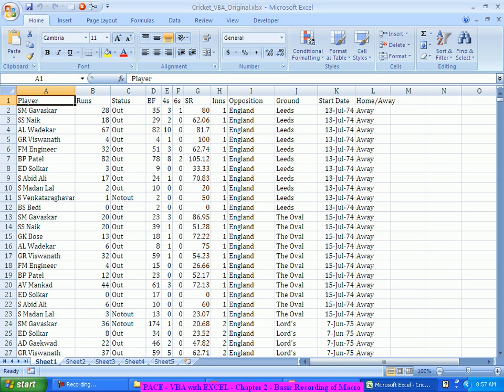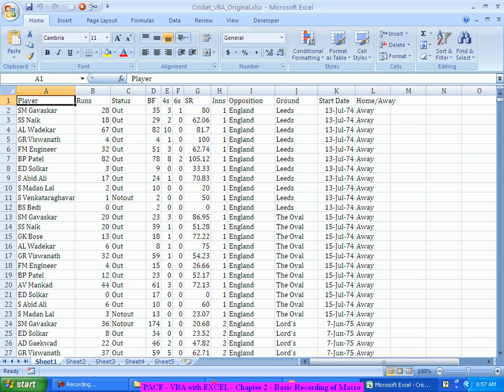Probably a country like Ireland or Bangladesh may have very few matches, whereas a country like India, Australia or England may have so many. So, keeping all those things in mind, each file is a different thing, and I have to execute the same set of tasks every time on a given data.